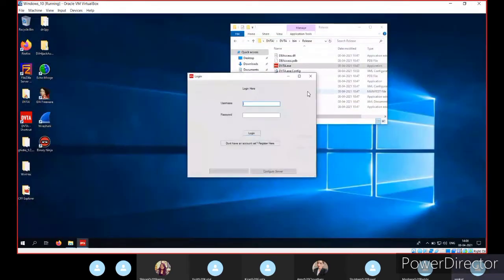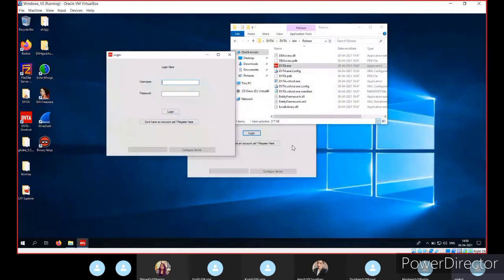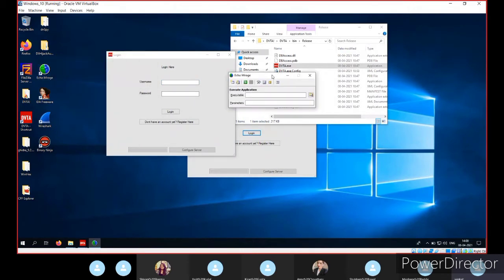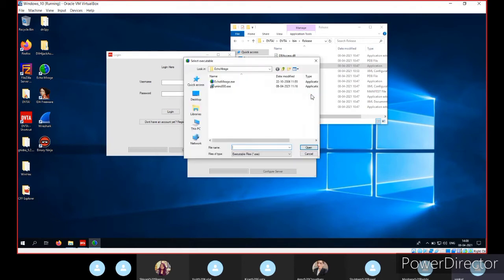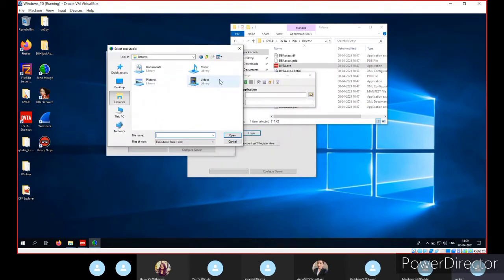And what if this application is using HTTPS or some kind of encryption? How can we find that information when it is encrypted? You can use a tool called Echo Mirage. So for example, this application is using HTTPS and we cannot intercept that data. Echo Mirage is simply an application, like Burp Suite. For the thick client, it is like a Burp Suite. So I can open this exe which is running.